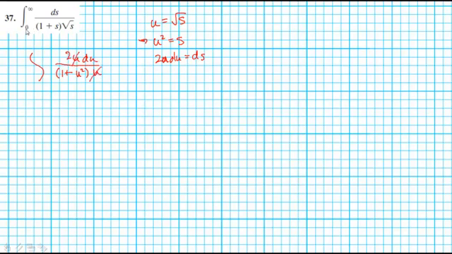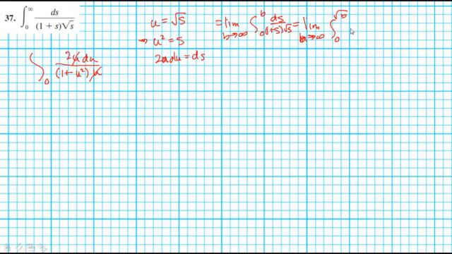By the way, when s is equal to 0, u is equal to 0, and when s is equal to infinity, oh, I'm sorry, I have to do an intermediate step first. The limit as b approaches infinity of the integral from 0 to b of ds over 1 plus s times the square root of s. And then I'll do the switch step, the limit as b approaches infinity of the integral from 0 to the square root of b